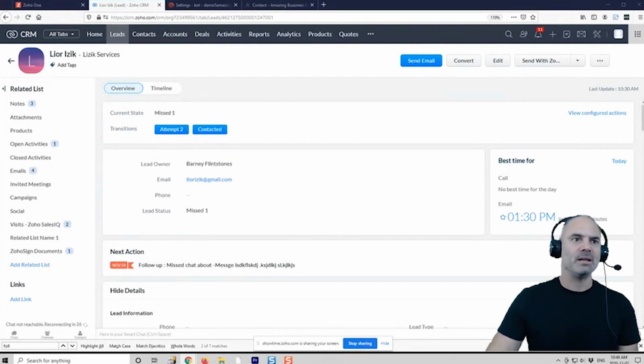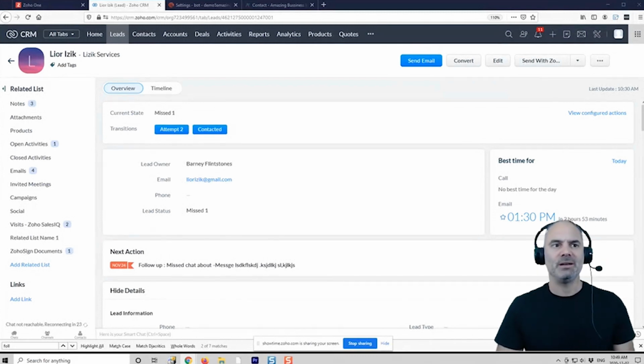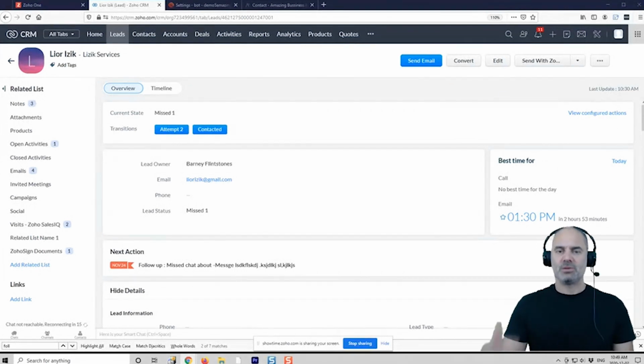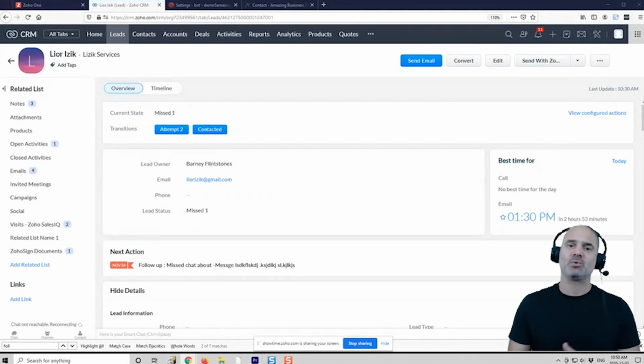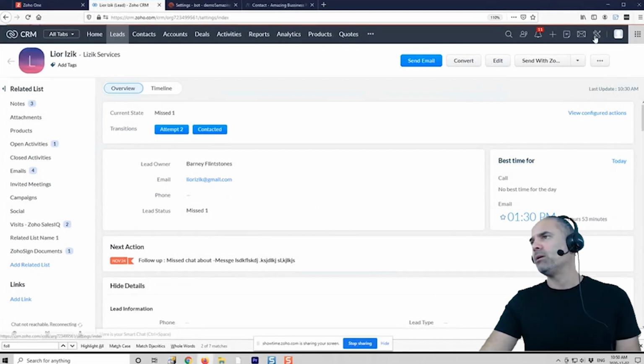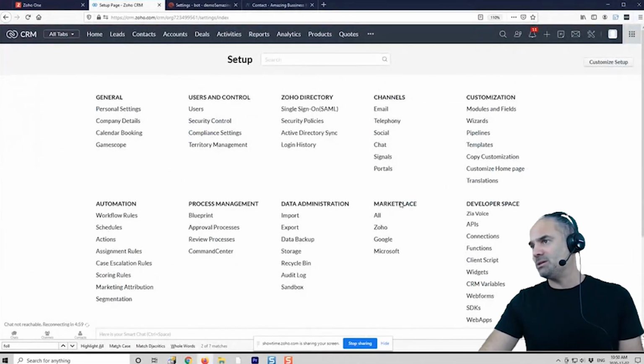So Ricky is asking a good question regarding WhatsApp. There are certain places in the world where they're using WhatsApp as the main communication. I think in the States and Canada it's not really happening, but in lots of countries WhatsApp is the controlling communication tool. And he's asking if there is a way to connect WhatsApp to the CRM. So yes, of course, in the store there are multiple applications that support it.